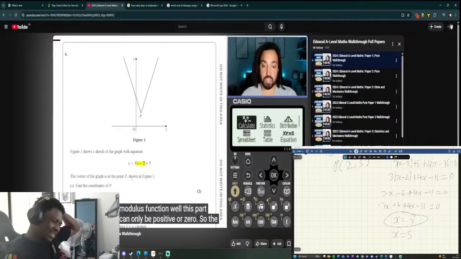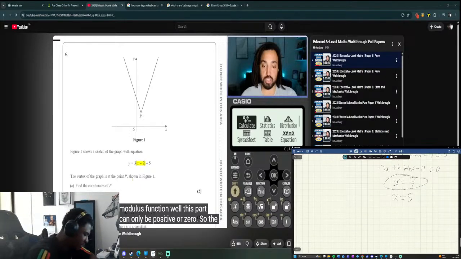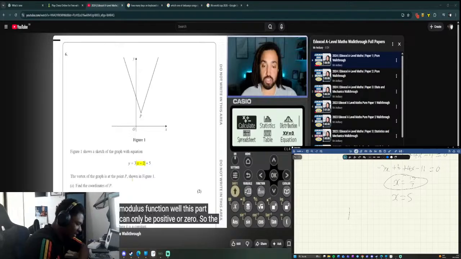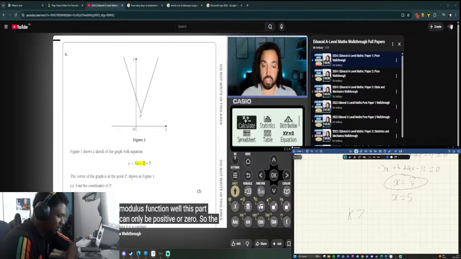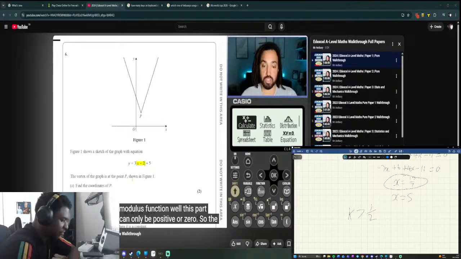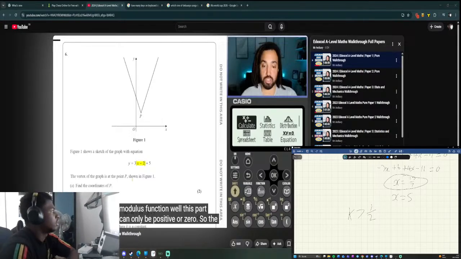And that's the gradient. Oh my days. K has to be bigger than a half, right? And K has to be smaller than